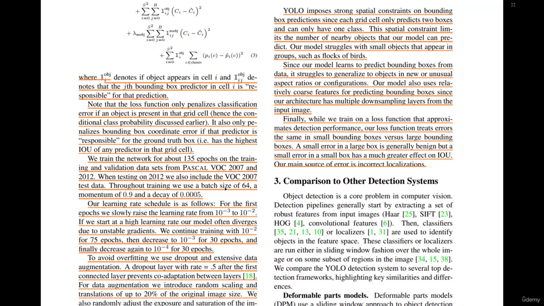Throughout the training, they use a batch size of 64, a momentum of 0.9 and a decay of 0.005. Learning rate scheduling is as follows. For the first epochs, they raise the learning rate from 10 to the negative 3 to 10 to the negative 2. If they started at a higher learning rate, that is, at 10 to the negative 2, the model often diverges due to unstable gradients. So it's preferable to start at 10 to the negative 3 and then increase to 10 to the negative 2